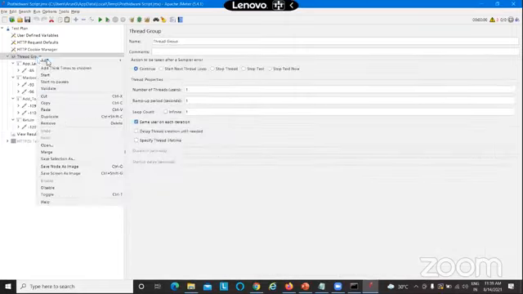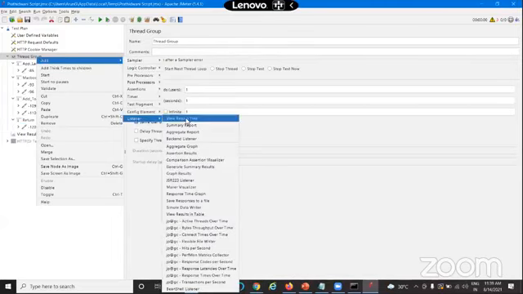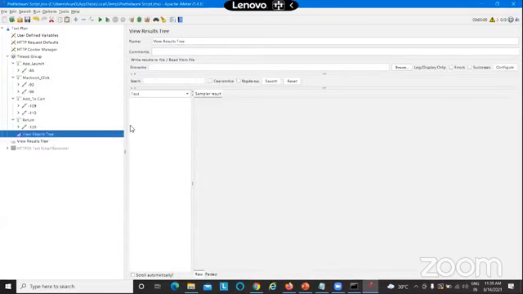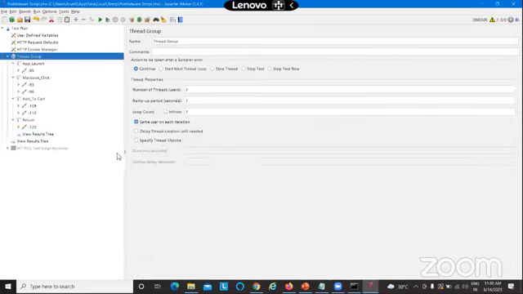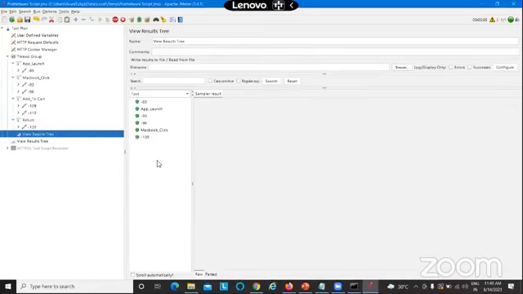To see that, you have to add a listener. For the first one, I'm going to add a View Results Tree. As the name suggests, it's like a tree. It shows you everything. View Results Tree is the detailed view of JMeter execution. It shows you what is being sent, what is being received, what all parameters are sent, and what all responses are coming. Let me run this, and after that, I'm going to explain the thread group for you. For running JMeter, you have two commands here. You just hit the run button, and you could see that all the requests are getting executed.